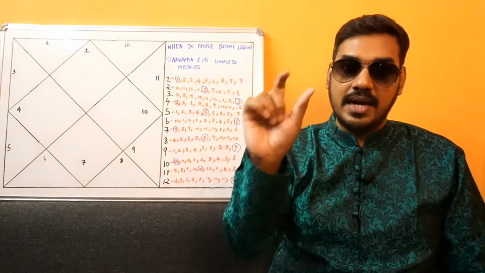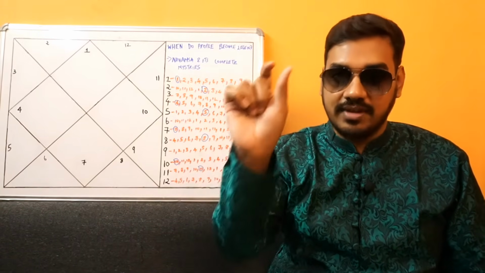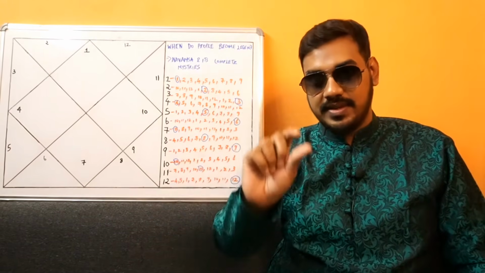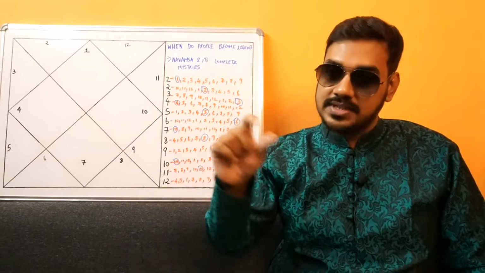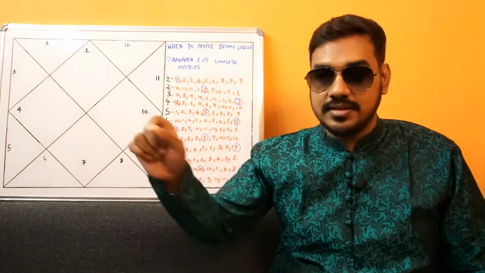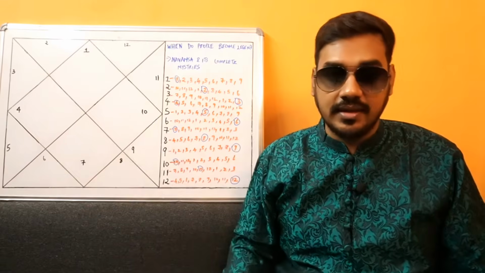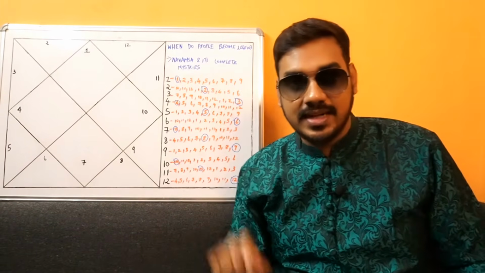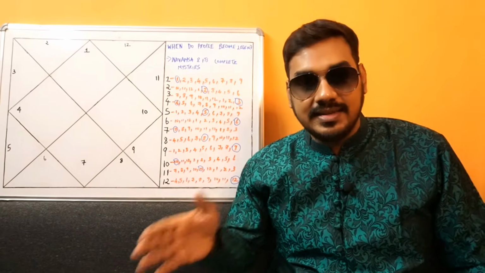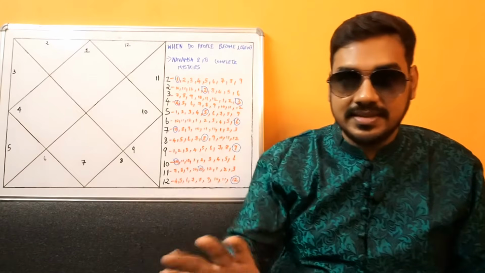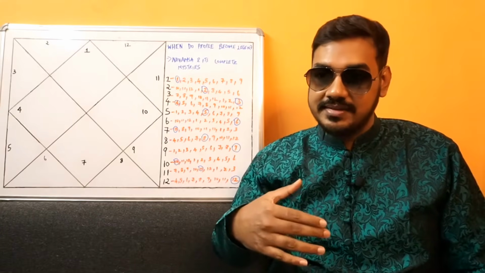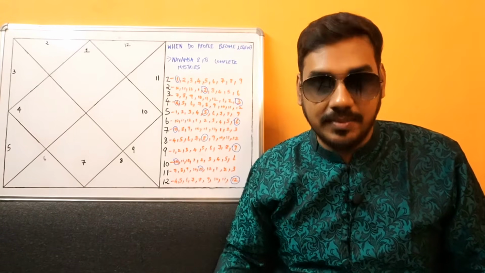Let's say when Mars was transiting through Ucha Navamsa, my health condition used to be good, because I am an Aries ascendant. That is when Mars was in Capricorn Navamsa. When Mars was in Aries Navamsa, my health condition used to feel fit and fine. When Mars transits through Scorpio Navamsa, I feel energetic. But the same Mars, when it is going through Cancer Navamsa, energy levels are dropping, guys. When the same Mars is in conjunction with Saturn or Rahu in Pisces sign, or in Virgo sign, that is the time when unexpected health issues start coming to me.